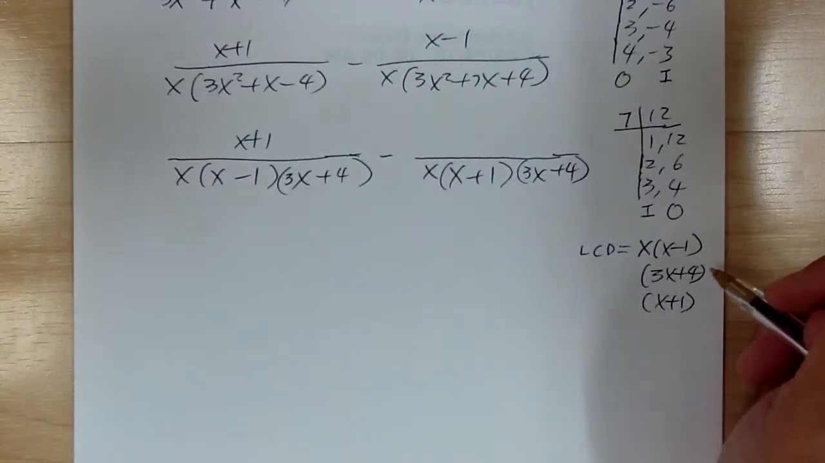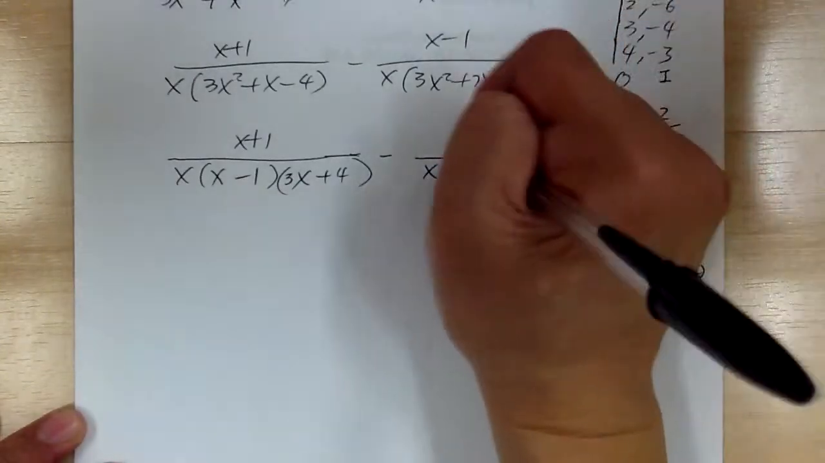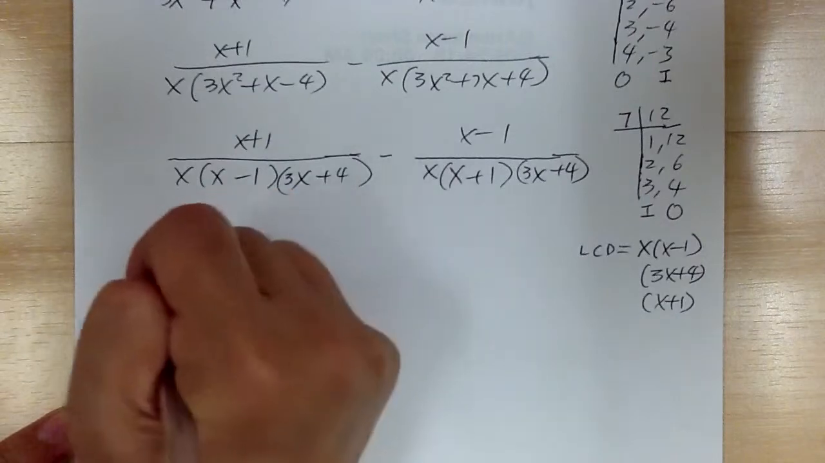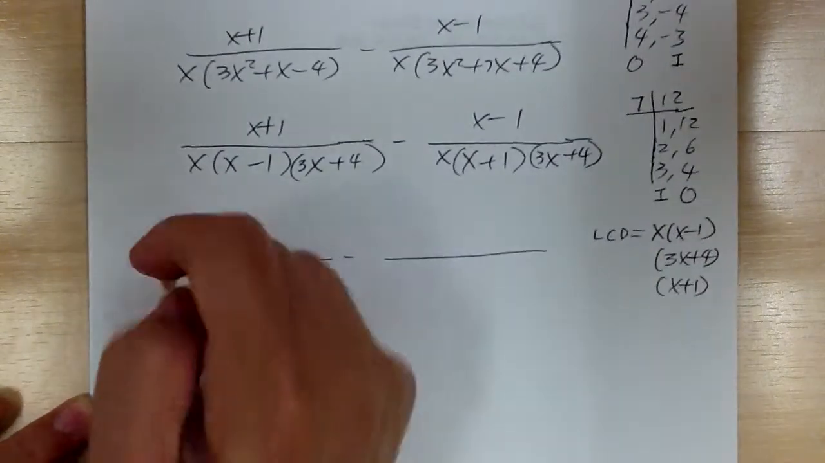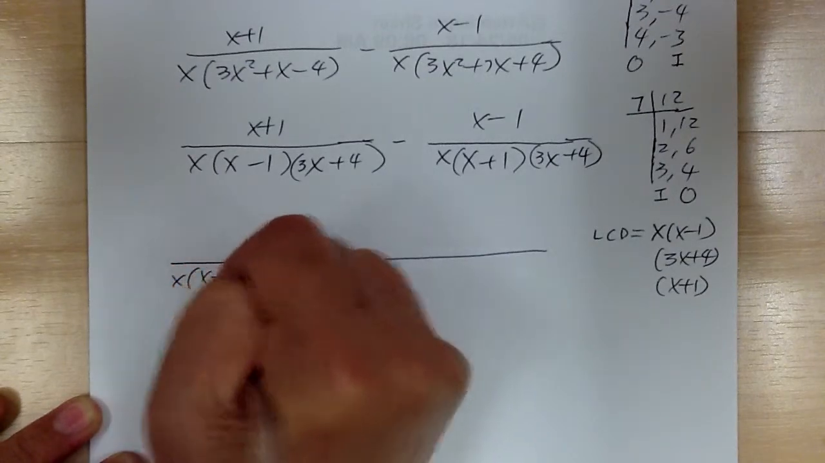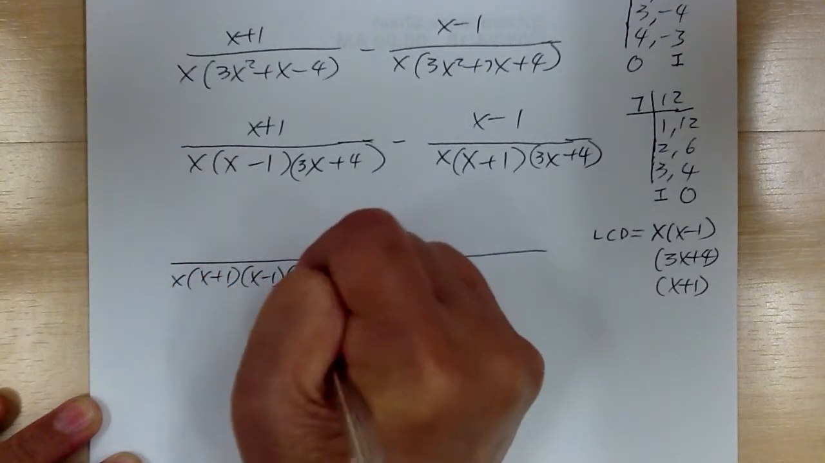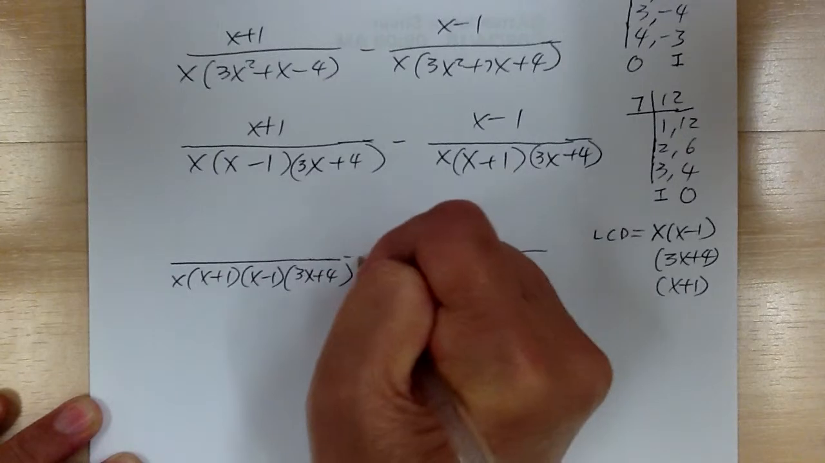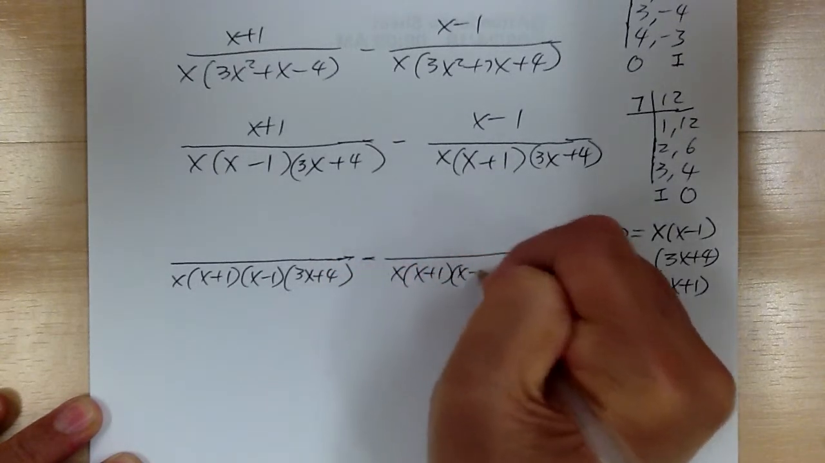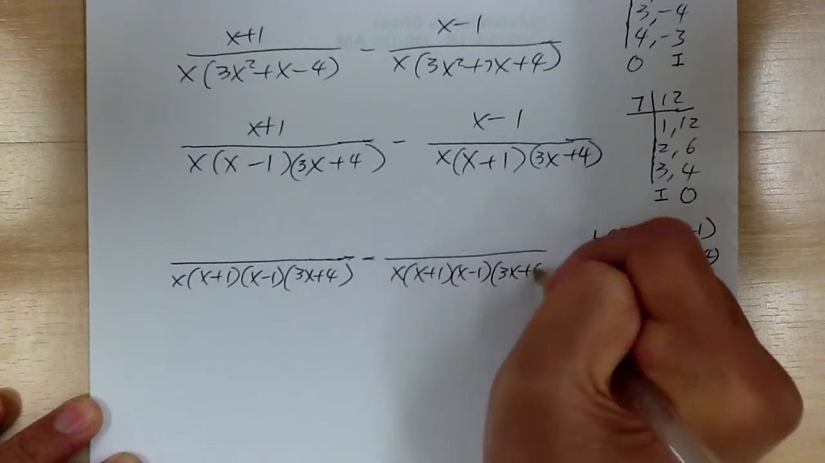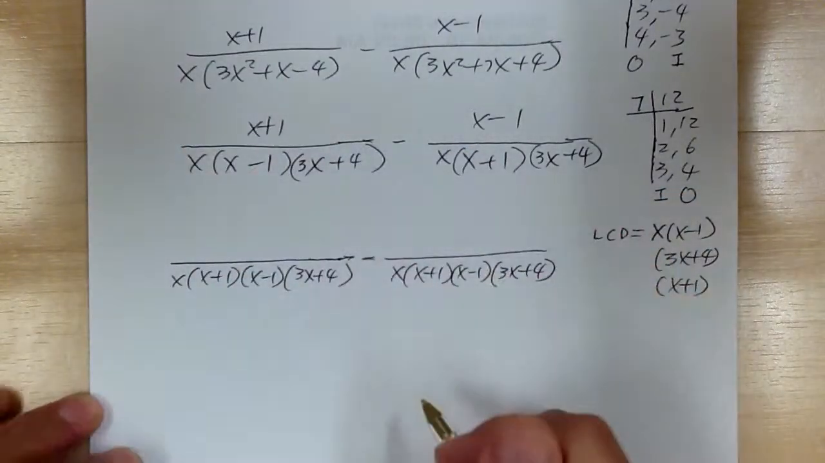Okay, so got lots of stuff. Okay, so let's go and do that. So you got x plus 1, x minus 1, 3x plus 4. Okay, now you have to figure out, okay,